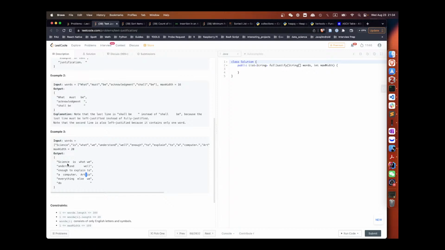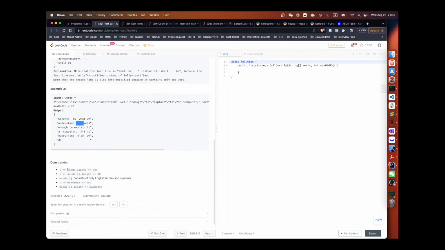Here we have 1 extra, 2 extra, so I cannot fit this word in. Okay, this one I have 1, 2, 3, 4, 5 extra, but this word has 1, 2, 3, 4, 5, 6 characters.